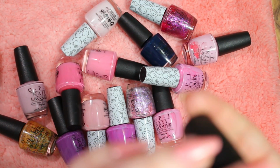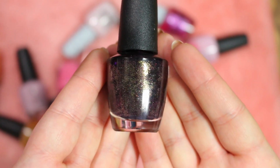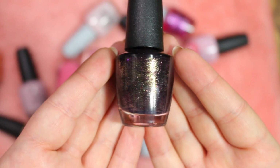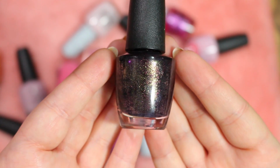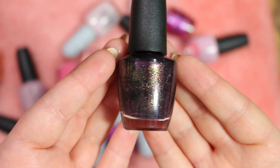Okay, next we've got First Class Desires. This is kind of like a devilishly, very vampy color. But for me, honestly, it's not cutting it. I don't like it. It seems a little old. I don't know. I just look at it and I think of